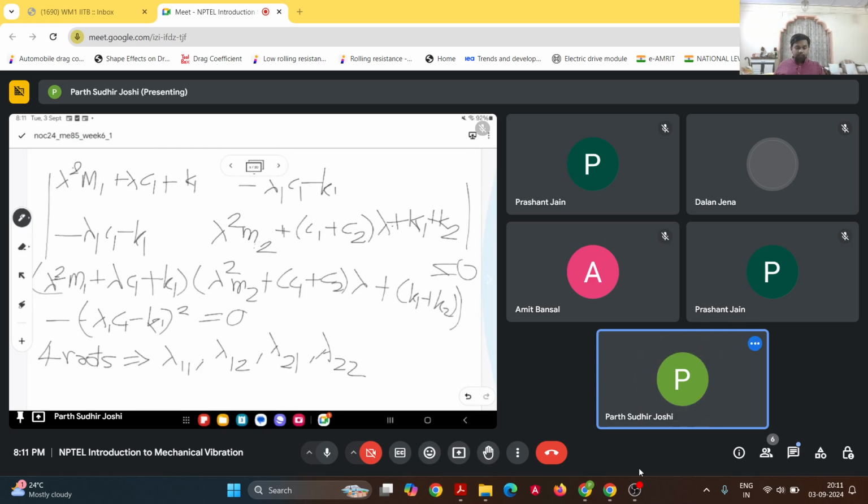In a way, they are basically four eigenvalues. They are not actually four eigenvalues, but you can say that